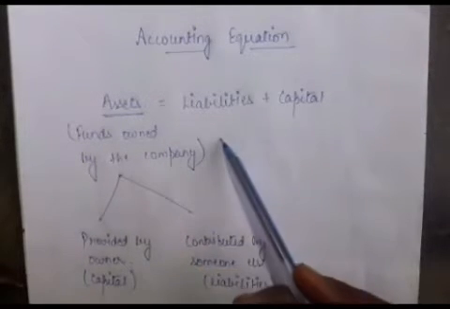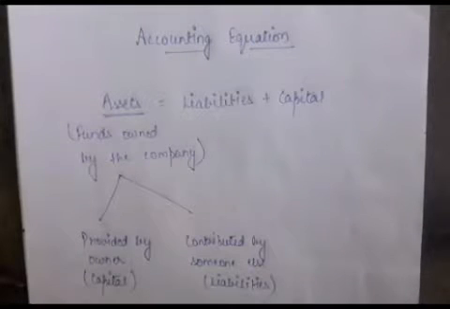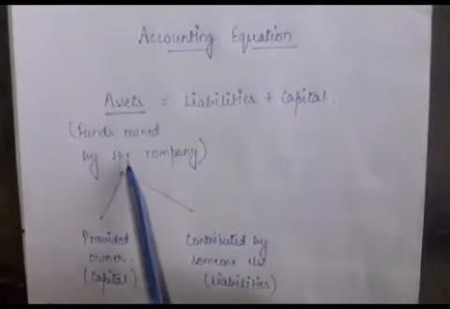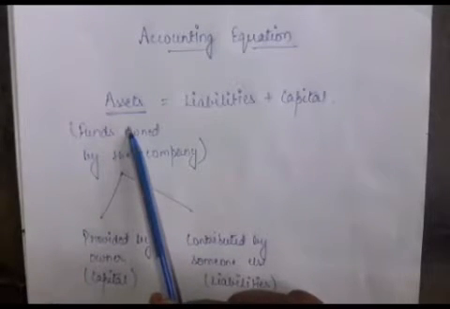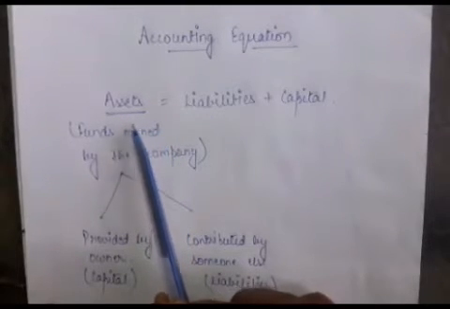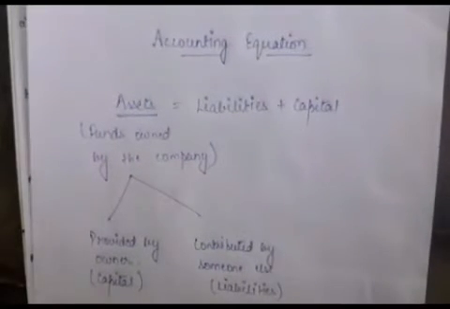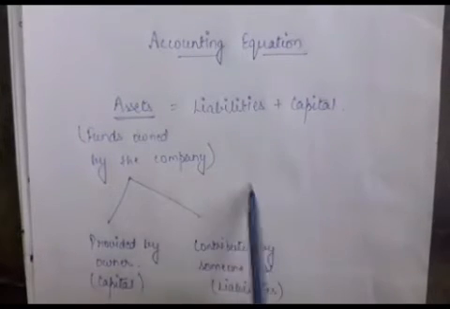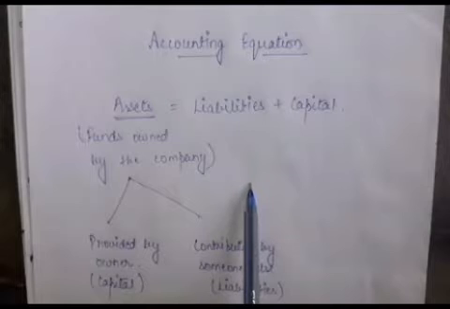So assets equals liabilities plus capital is the basic accounting equation. In the questions, whatever transactions we have, all transactions have a double-sided effect. It may happen that we are adding to an asset and deducting from an asset itself, or adding here and adding on the liability side also. Whatever we do must have a double-sided effect, and this equation should always balance, meaning the asset side should always equal the liabilities side plus capital side. If this is not happening, it means we have made some mistake somewhere.